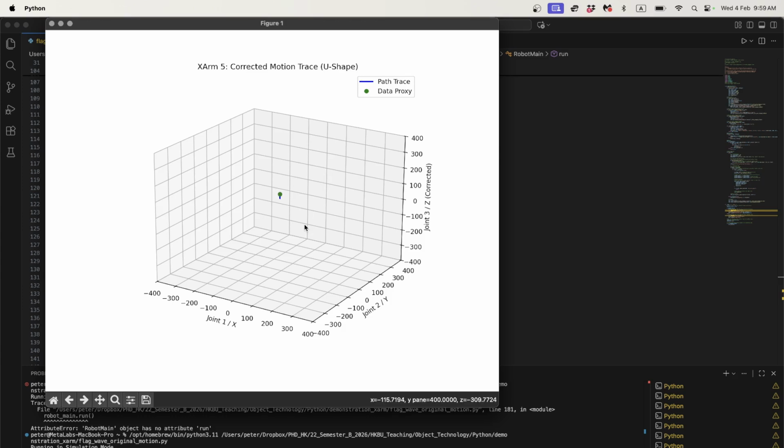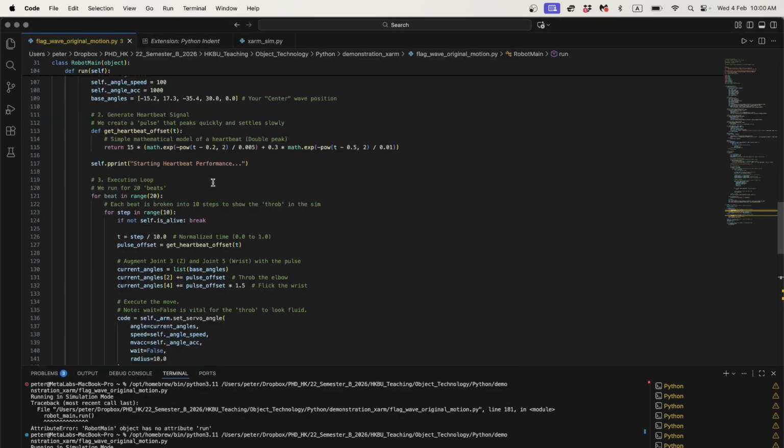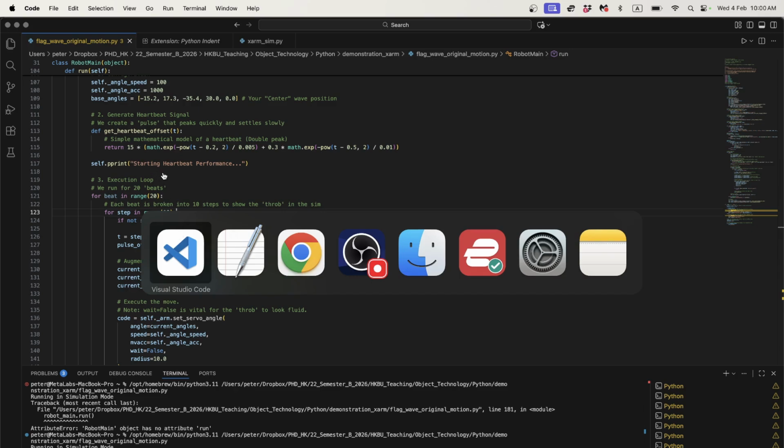So what I'm going to do is save this Python file, and then I'll bring it back into the XArm and see if we can simulate it and see if it looks like it could be run on the robot. So let's do that. I'm just going to save my flagwave original motion.py, and then I'll bring it over to